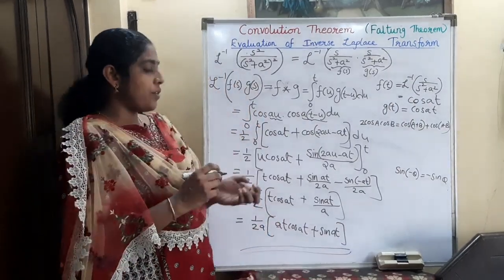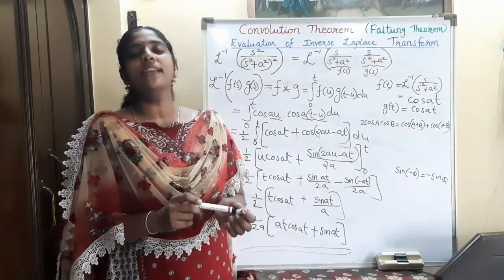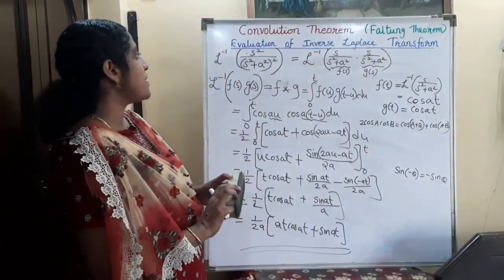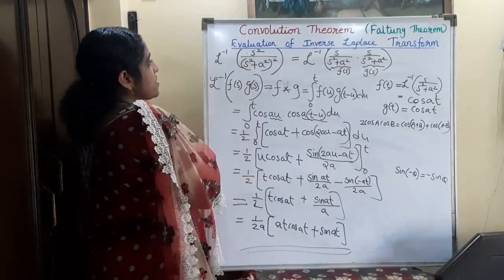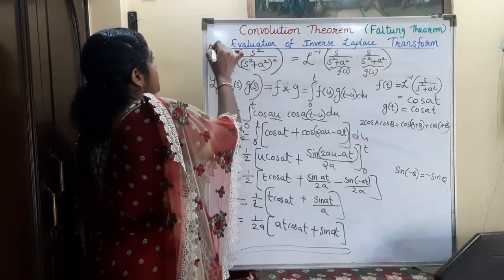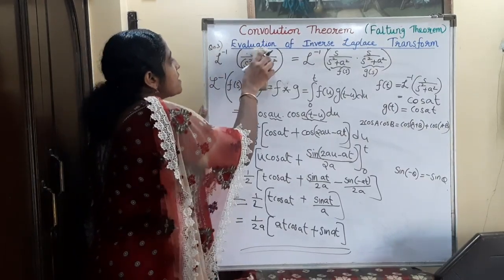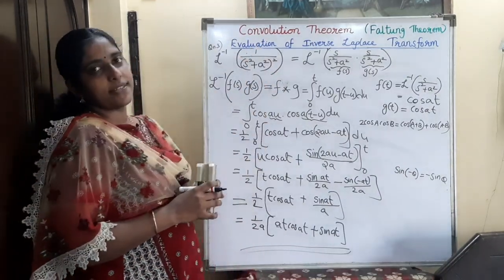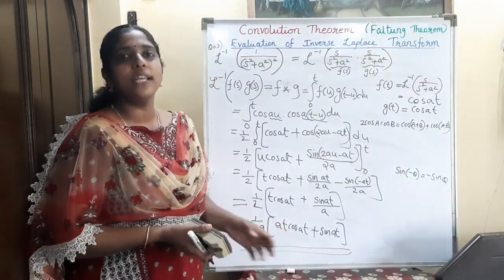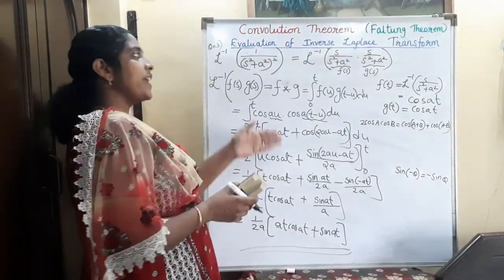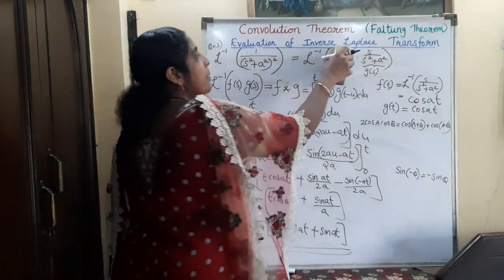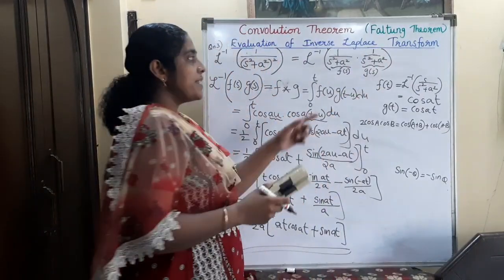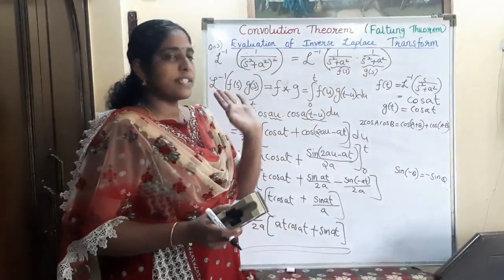So here also, using the convolution theorem, we can find the inverse Laplace transform easily. If in the question, instead of s square by s square plus a square, we can do the next question, this is the third question we can do. Instead of that, this will be 1 by (s square plus a square) all square. So how can we find the inverse Laplace transform? We can break the given question into 1 by s square plus a square into 1 by s square plus a square. So it is the product of the two Laplace transforms, F of s and G of s.